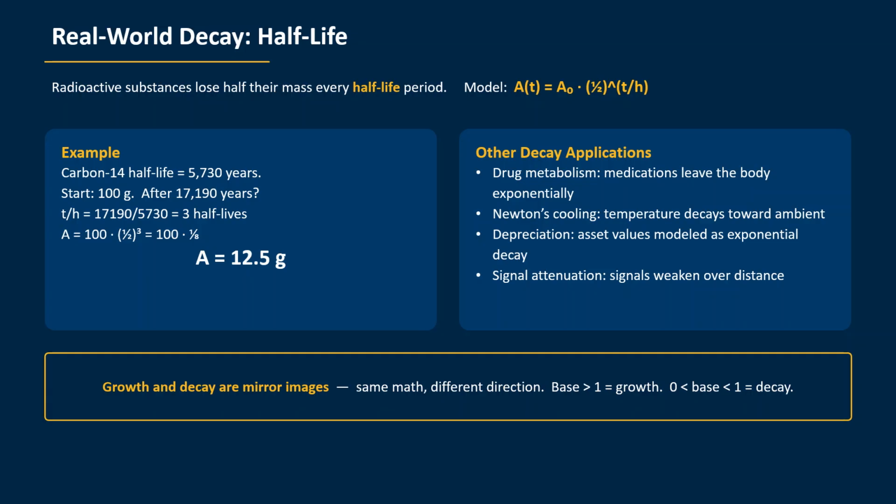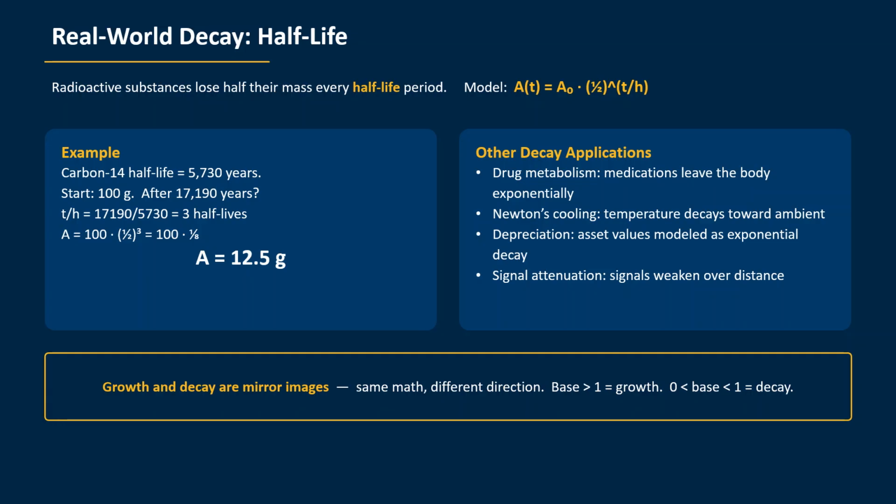This same mathematical structure appears in many other contexts. Drug metabolism follows exponential decay as the body eliminates medication from the bloodstream. Newton's law of cooling describes how a hot object's temperature decreases exponentially toward the ambient temperature. Asset depreciation in accounting often uses exponential models, and signal attenuation in electronics follows exponential decay as signals weaken over